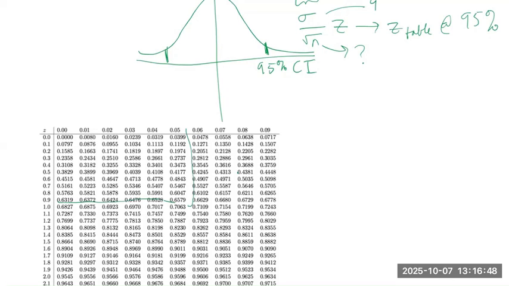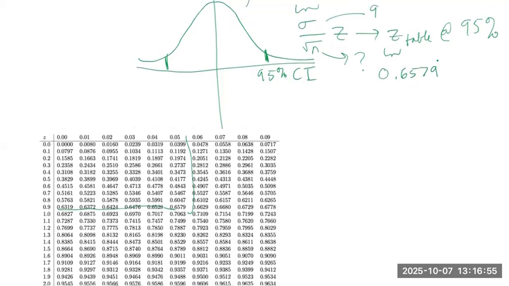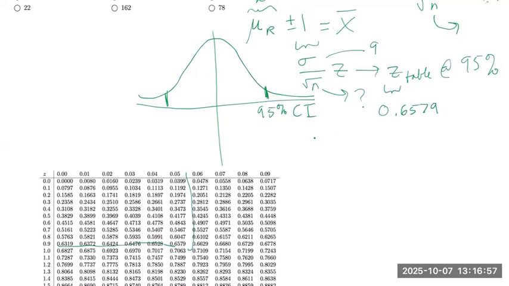So this value will be 0.6579. So then 1 is equal to 9 over root n times 0.6579. And solving for n, we find that n is equal to,